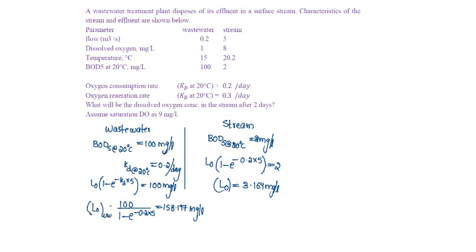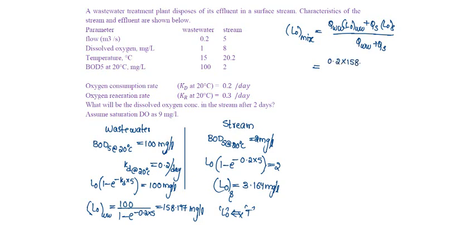L0 of wastewater, this is L0 of stream, then L0 of mix will be equal to, remember that L0 doesn't depend on temperature, the discharge of wastewater into L0 of wastewater plus the discharge of stream into L0 of stream, by the discharge of wastewater plus the discharge of stream. That is equal to wastewater flow, given as 0.2, into BOD 158.197, plus stream discharge 5 into L0 3.164, by total discharge 0.2 plus 5. From this, L0 of mix will be obtained as 9.13 mg per liter,